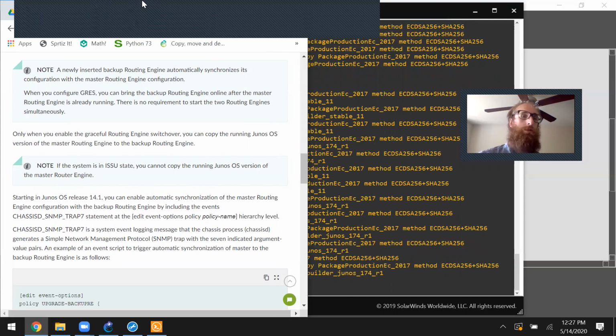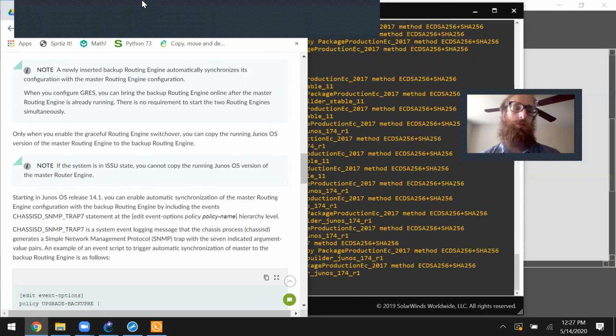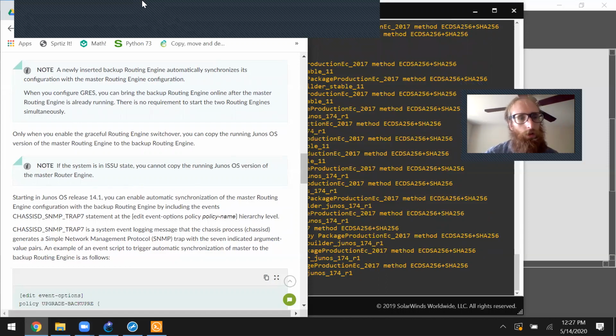There is no requirement to start the two routing engines simultaneously. Only when you enable the graceful routing engine switchover, you can copy the running Junos OS version of the master routing engine to the backup routing engine. Note, if the system is in